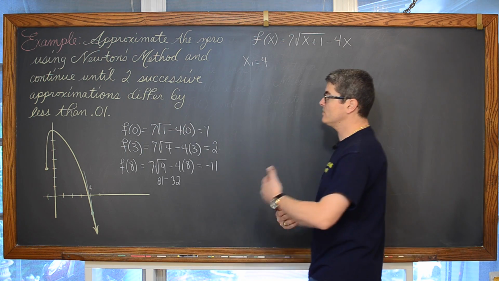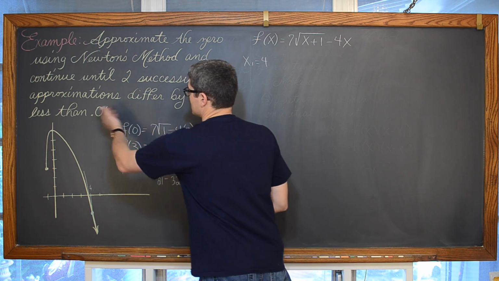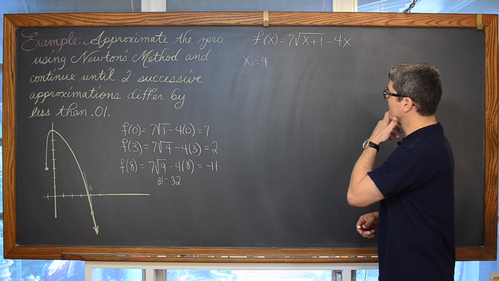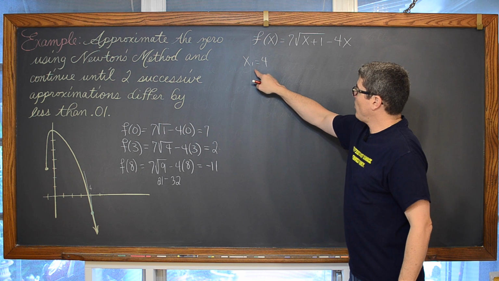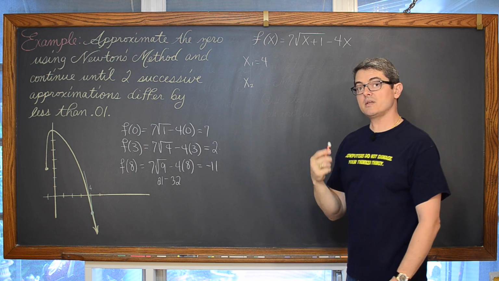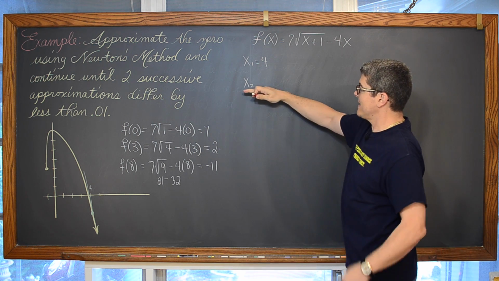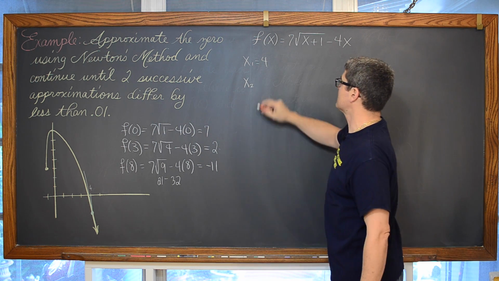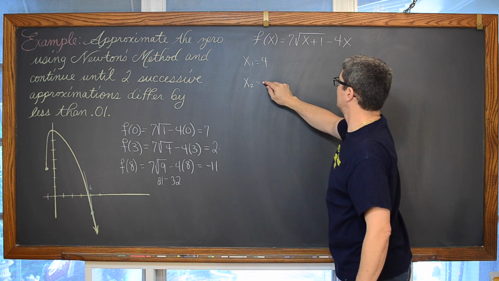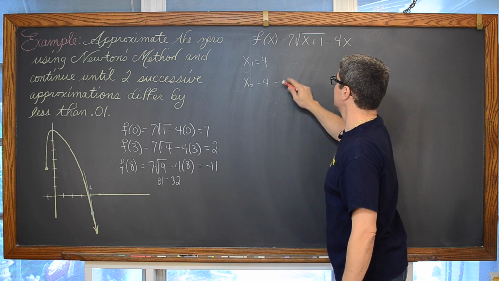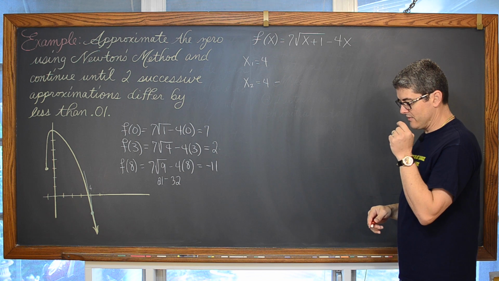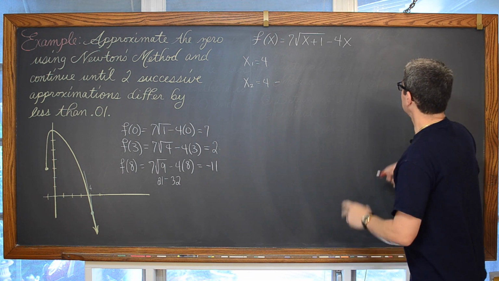And again, we're trying to find these iterations until we get a difference of less than 0.04. So let's see here. If that's x sub 1, then x sub 2, my next estimation of the 0 based on my previous guesstimate, is going to be equal to my initial guess of 4 minus, okay, now here, we need to find the function's value. Well, I could just write it down.